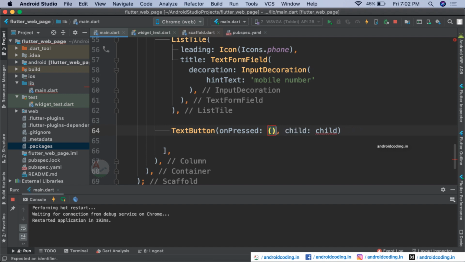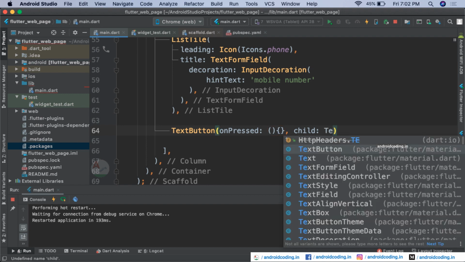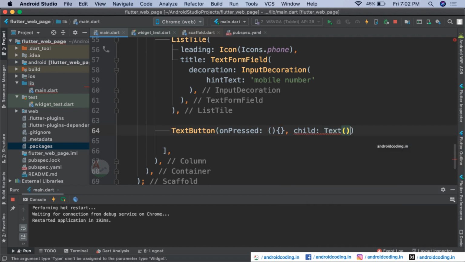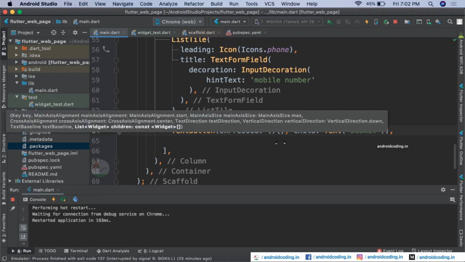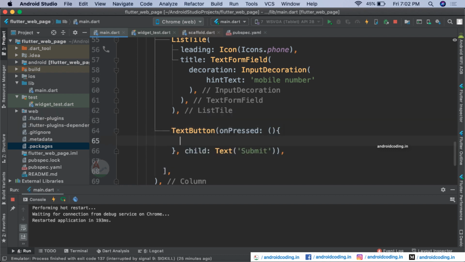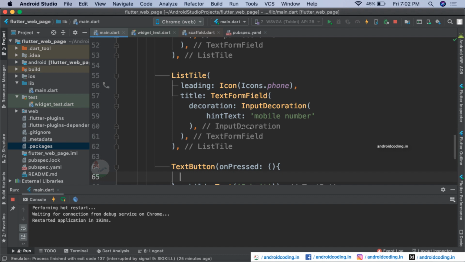So here we are declaring an anonymous method, and the child we can specify a text here. So inside the text widget we can specify something like submit, and just add a comma here, and inside this on press method we can specify the code to fetch the data from these text form fields.